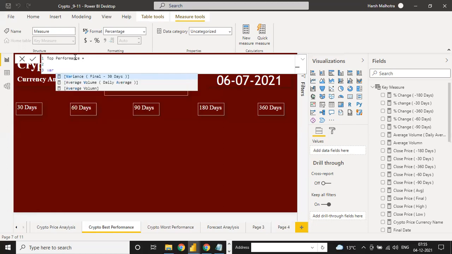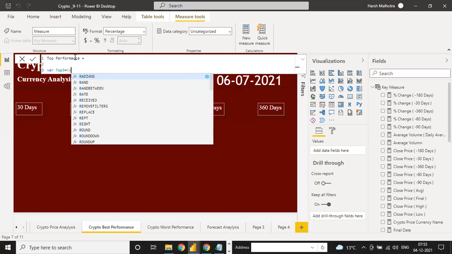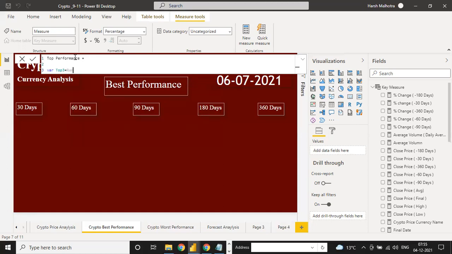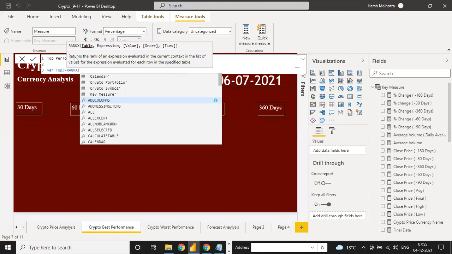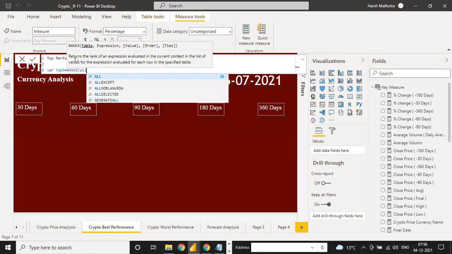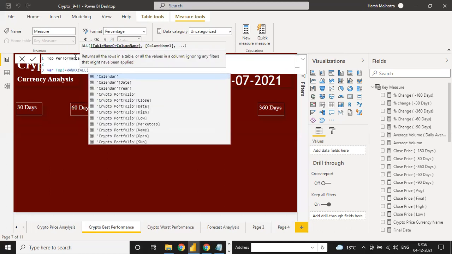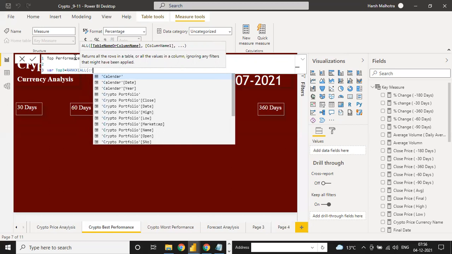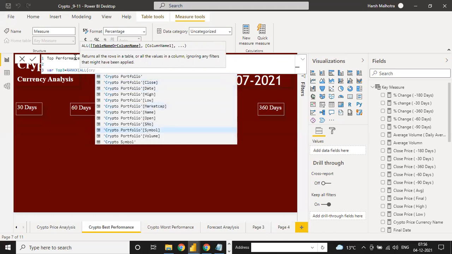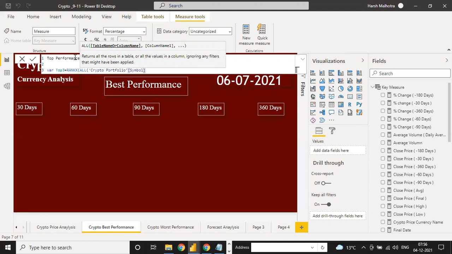So if I click here one variable, that variable top 3 is equal to, and we have to put a rank on a currency. So we have to put here a rank function to all currencies, and we have all currency wise data. So we put as symbol wise or name wise, you can put to as much. So right now I put as symbol wise.